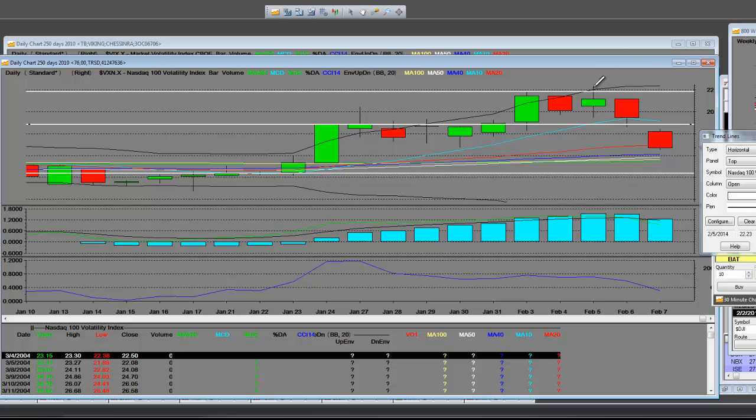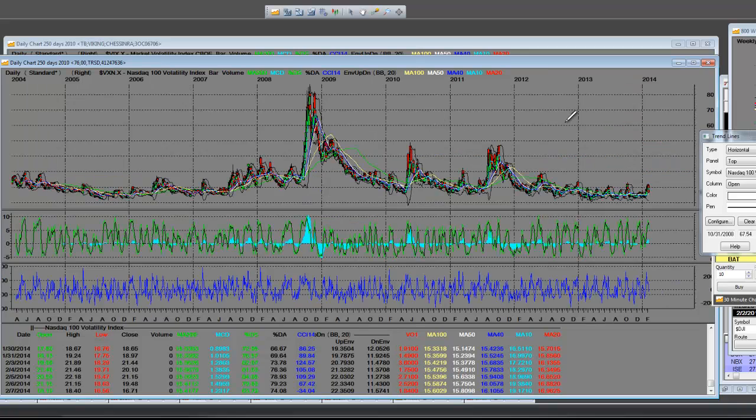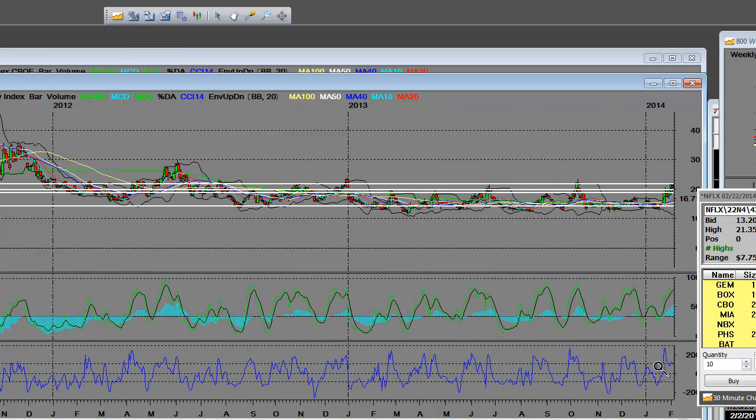When we put in a top here at resistance and we had a 2-day reversal in the Nasdaq 100, stocks had put in their bottoms. Why? Because for the first time in a long time, we have gotten that fear indicator up here on the daily chart. Now, I can go back to different time periods, but we have been in an extreme bull run.